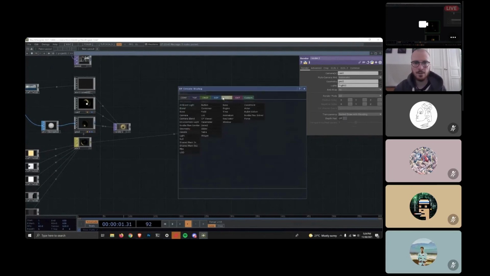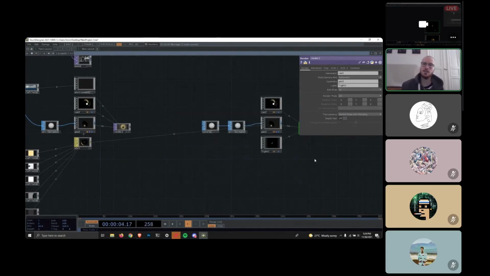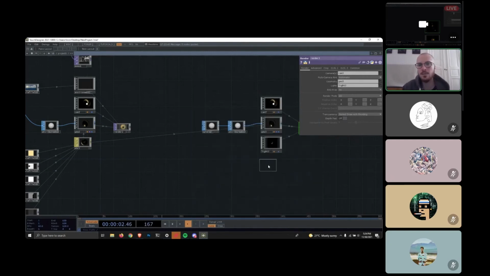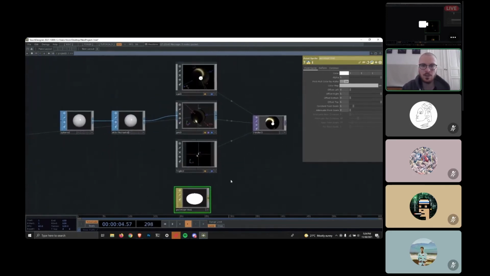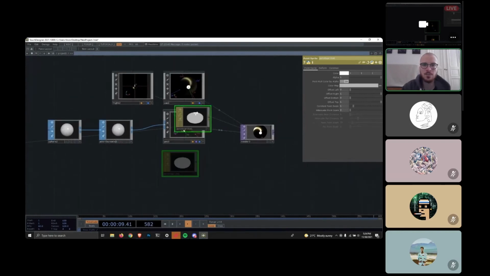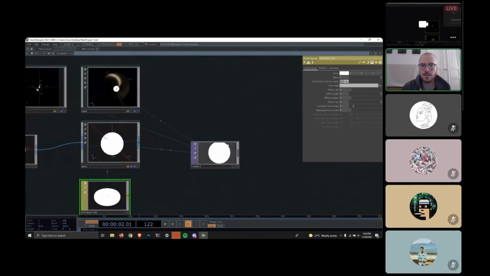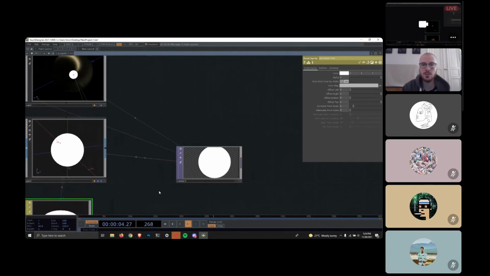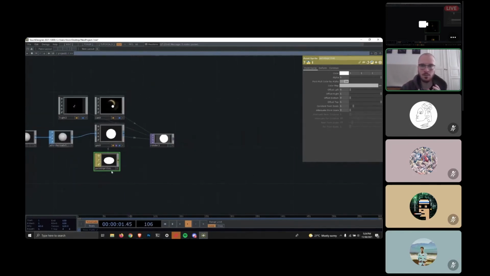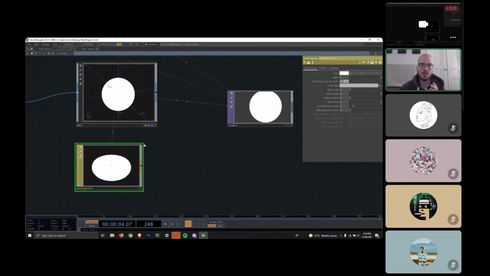Okay, so we're still talking about the materials. The next after Phong would be point sprite, which is basically just a point, which doesn't make a lot of sense in our case, because that means that the 3D object is going to be replaced by an image, basically. In this case, it's a round white circle,